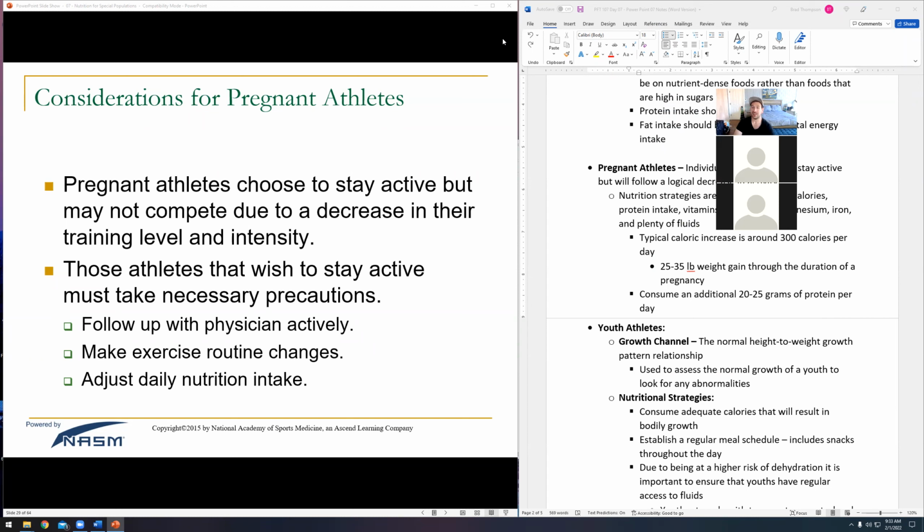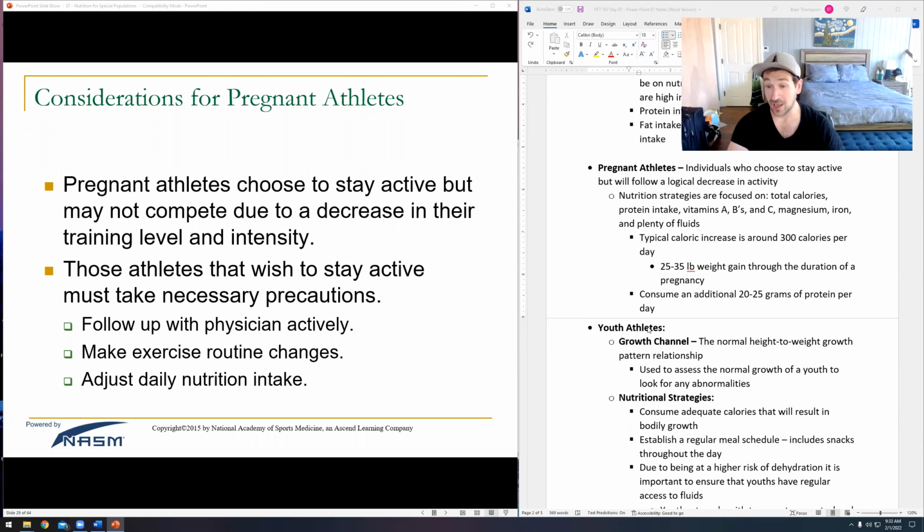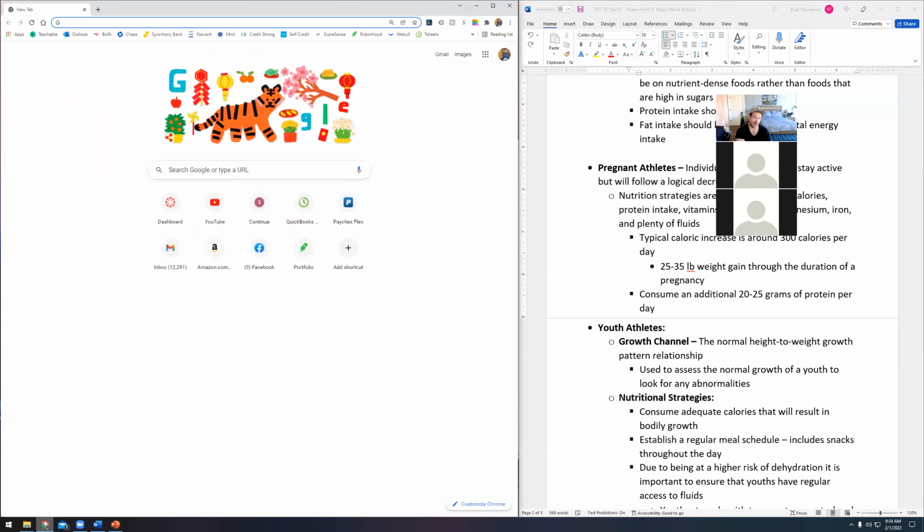Okay, well, let's talk about prenatal clients. This will be a little bit rare depending on where you end up, but it's a great market to have. By the way, NASM actually offers, if you go to their website,